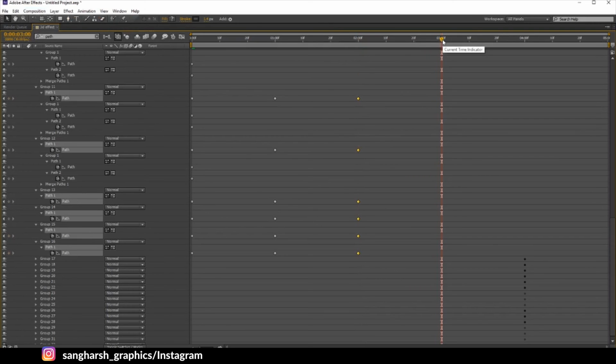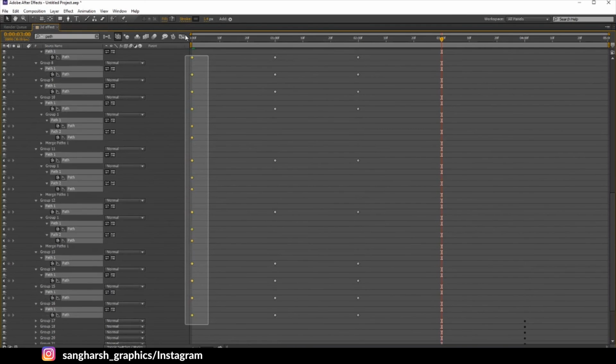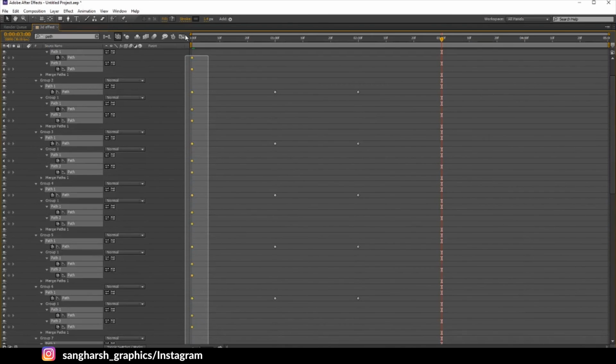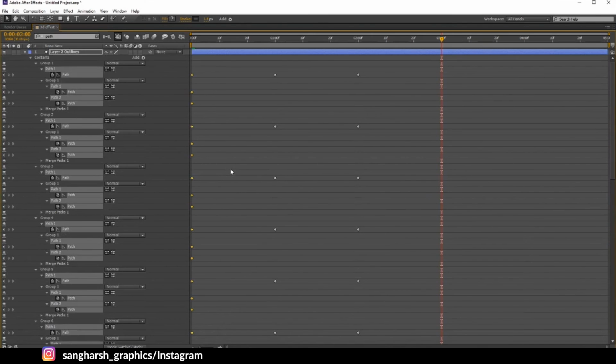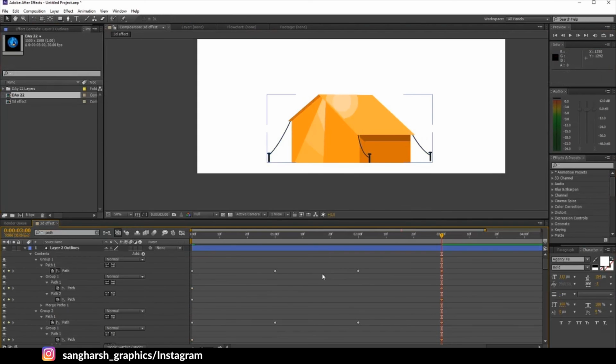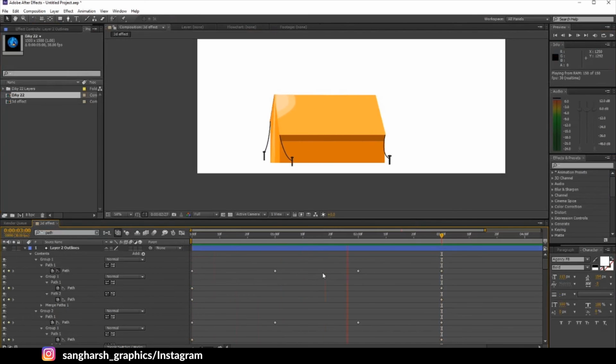If you wanna use After Effects smoothly, need a hard GPU. I'm gonna copy all the keyframes at first position again. Okay, paste, press the unknown button again. Seems perfect. As you can see it's looping.